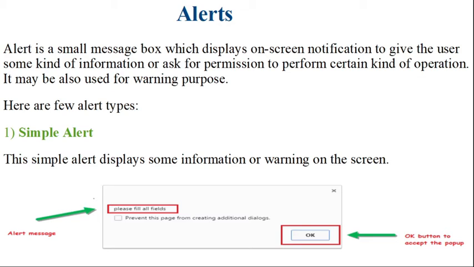In the simple alert you can see only two things. First is the warning message which is displayed on that pop-up, and the button to accept that function, as I have displayed in this image, right? So this is the simple alert where you can only see the message and the accept button, means आप इस बटन को क्लिक करके इस अलर्ट को एक्सेप्ट कर सकते हो. दैट मीन्स आप इससे सहमत हो, राइट? So this is the simple alert.